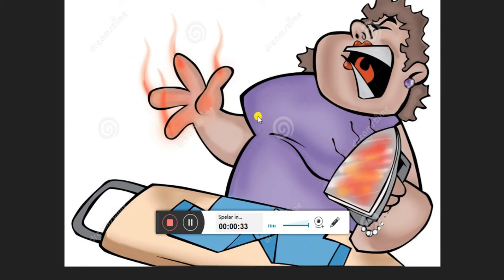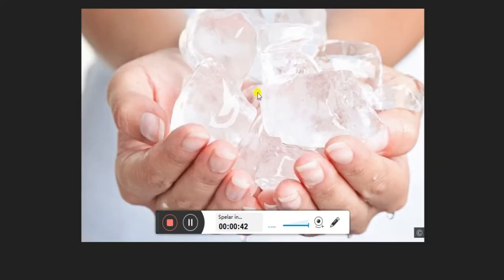How does it happen? When we touch the hot object, the heat passes from the object to our hand. Whereas when we touch a cold object, what happens? The cold object starts melting, or its temperature rises. Why is it so? Because our hand is hot, and the heat from the hand transfers into the ice.